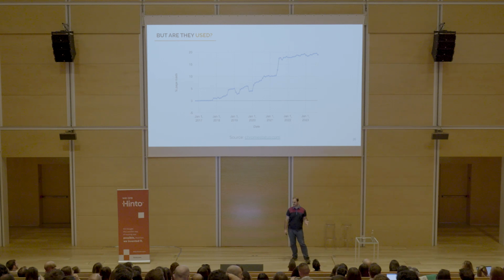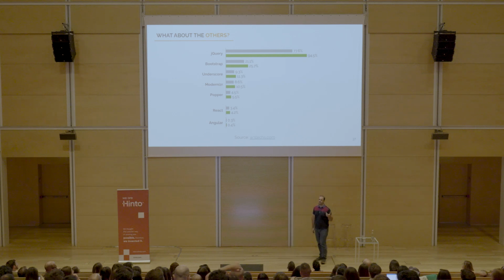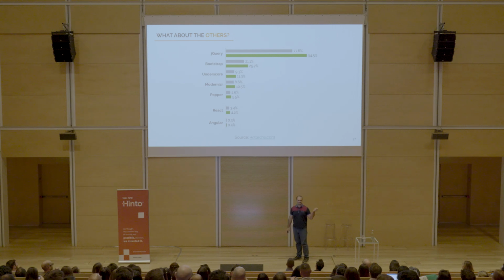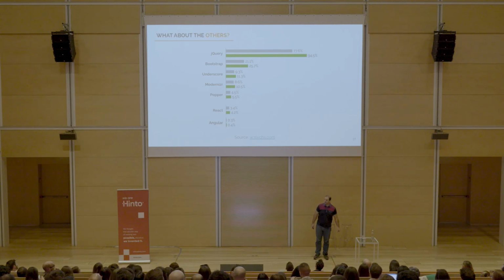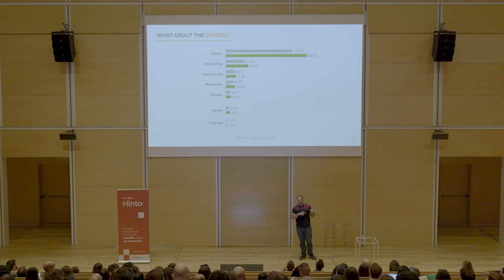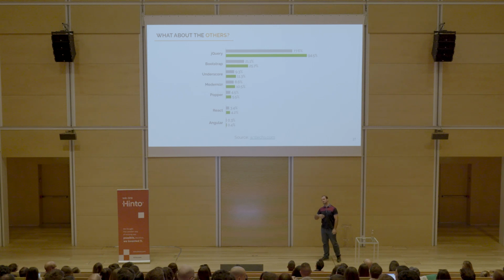If you look at other technologies, what we see is this. The most adopted library is not React, is not Angular, absolutely not. It's still jQuery, still going strong after 15, 20 years, with no sign of leaving. So how is that possible? Even if the data from the slide before is somewhat inflated, it shouldn't put in doubt the fact that web components are actually more widespread than one could suspect.